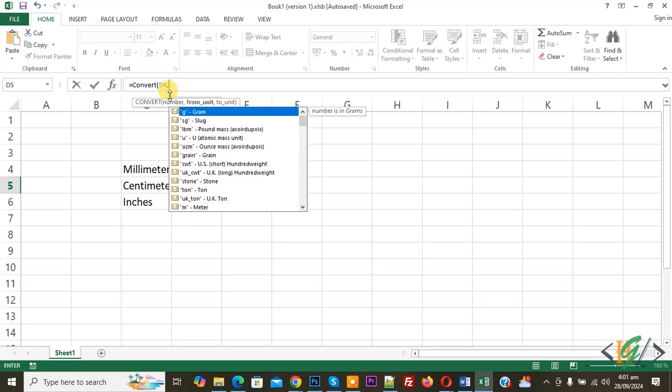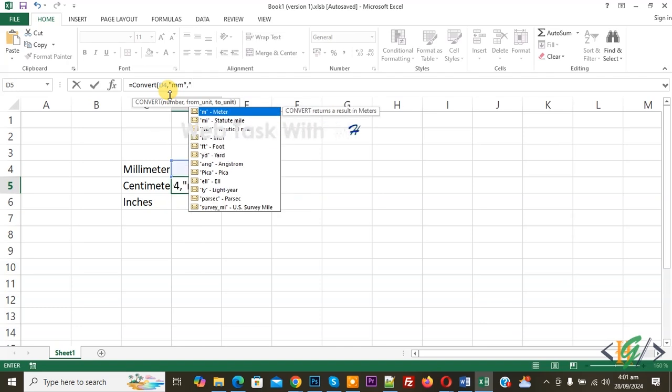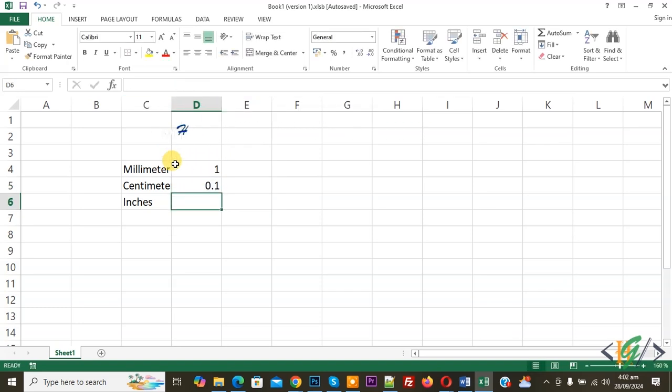Now add a comma. Now start inverted commas and add mm for millimeter. Now close the inverted commas and add a comma again. Now start inverted commas and add cm for centimeter. Now close the inverted commas, close the bracket, press enter, and then you see millimeter into centimeter, 1 into 0.1, and then